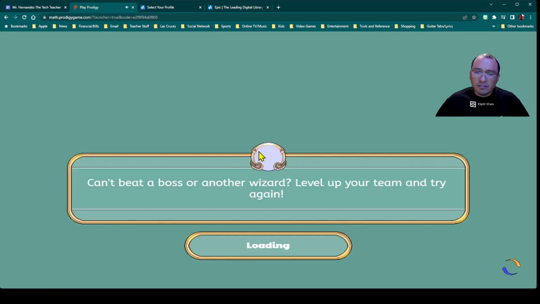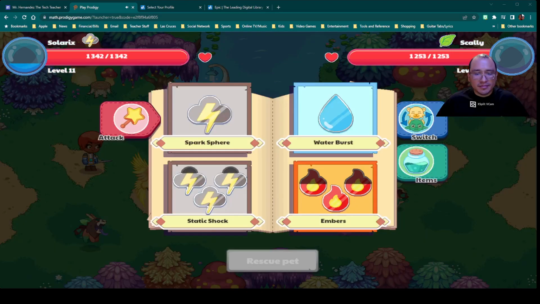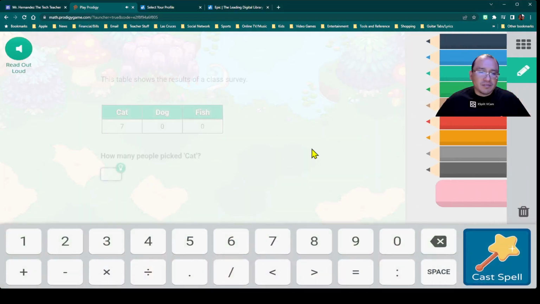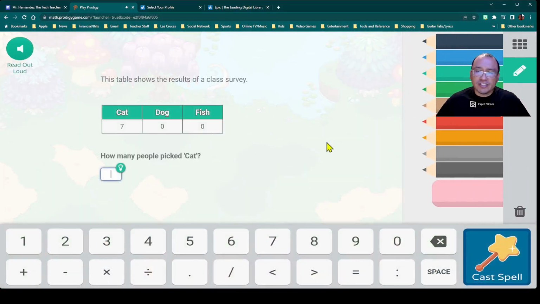And so it's just a reminder, Panthers, with the battle system. Again, a lot of you might not even need these reminders, and some of you are even way more advanced than Mr. H. So you can go ahead and start playing your games, right? But let's let this finish loading. So I'm going to click my weapon of choice, my spell of choice. Please don't forget, we've got some great tips on Prodigy to help you, especially those of us who need a little support with the reading, alright?